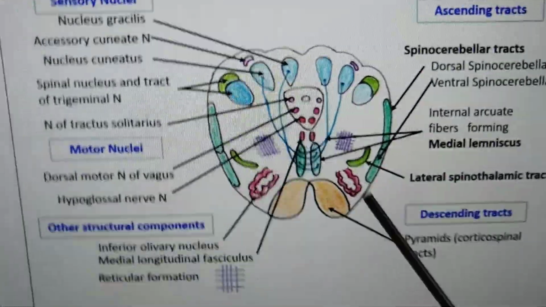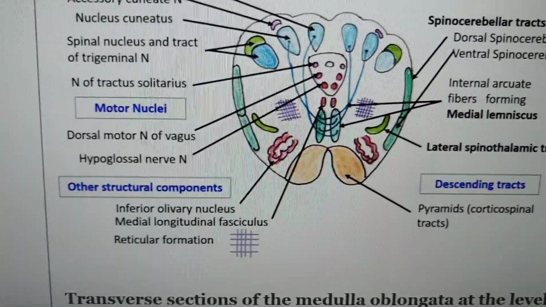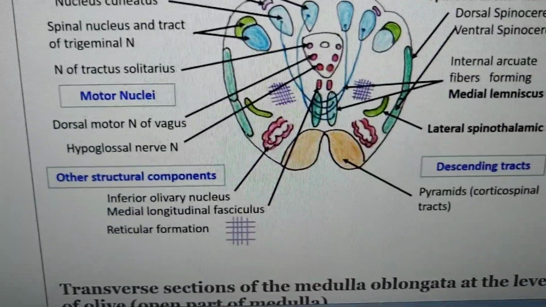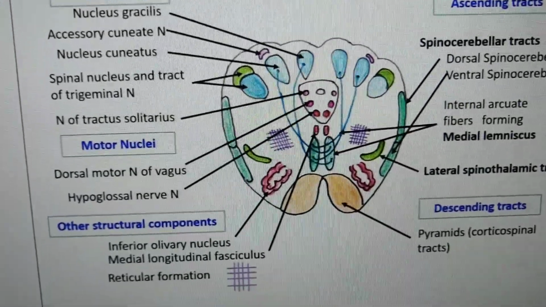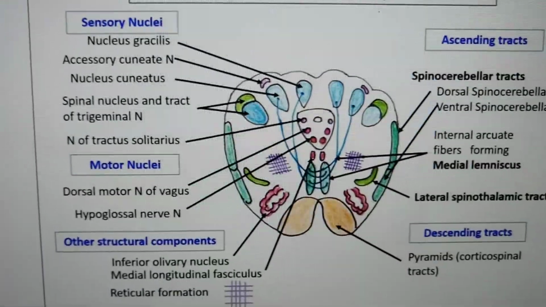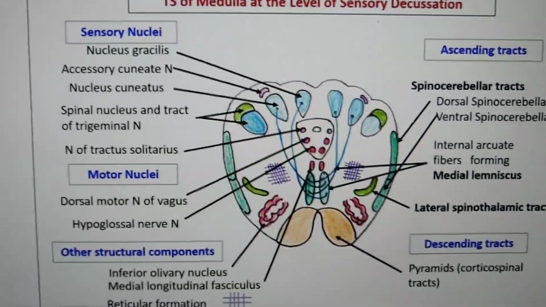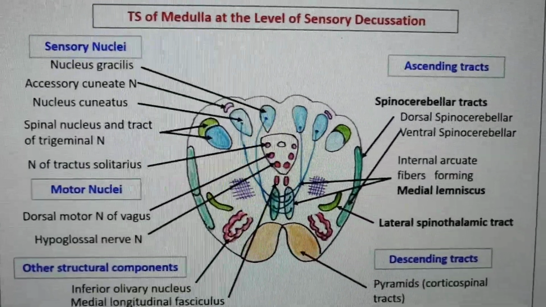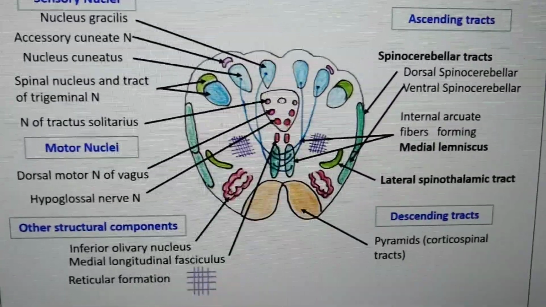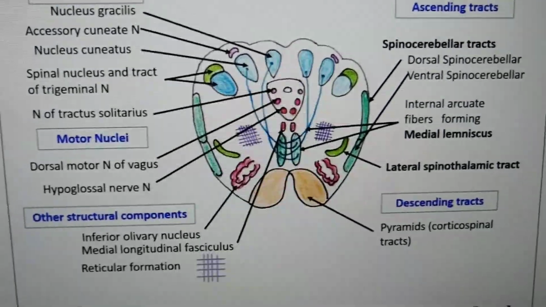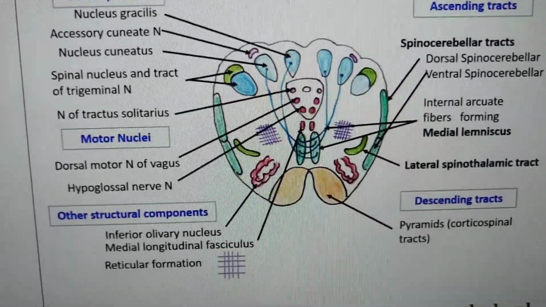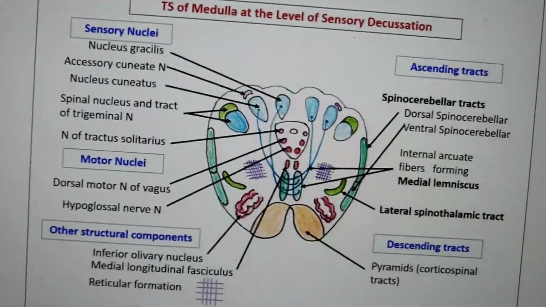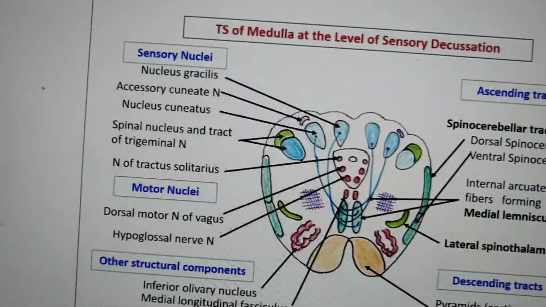Already I have told in the previous section, it is a group of fibers connecting the 3rd, 4th, 6th, 8th and 11th cranial nerves. That is oculomotor, trochlear, abducent and vestibulocochlear, and we have the spinal accessory. The main function of this medial longitudinal fasciculus is that when you hear a sound, you turn your head and look onto the side from where you are getting the stimuli.